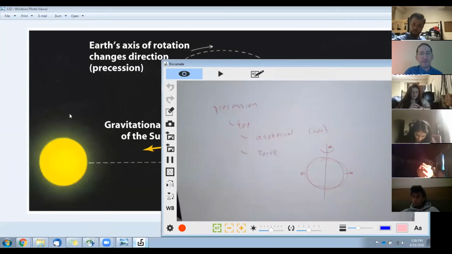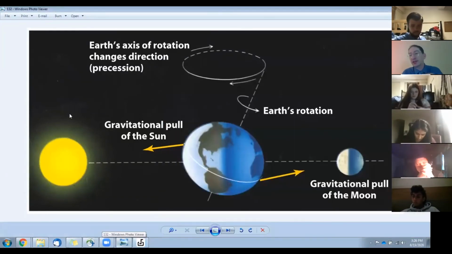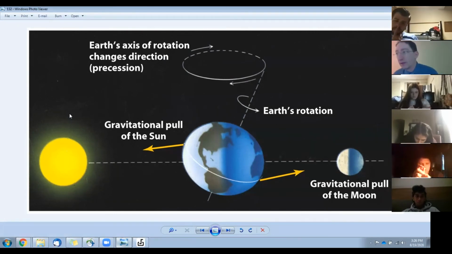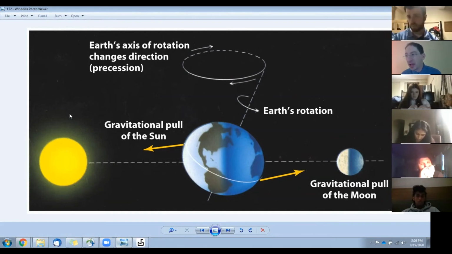And in this case, the force isn't like the top sitting on the table. Here, the forces are provided by the sun and the moon. But you work through the mathematics, and it's exactly the same as the top. One observable of this: we don't really know where we are in our orbit, and our calendar is designed to compensate for this, so it's not really observable in terms of time and season, but it's observable in terms of the pole star.